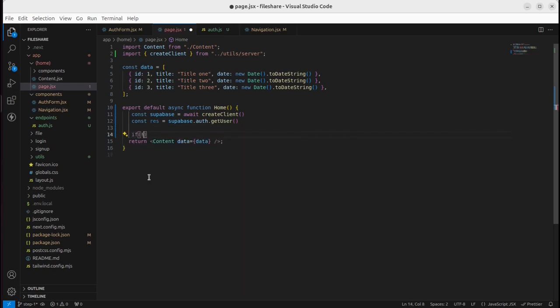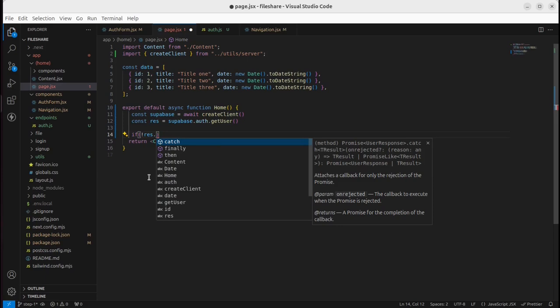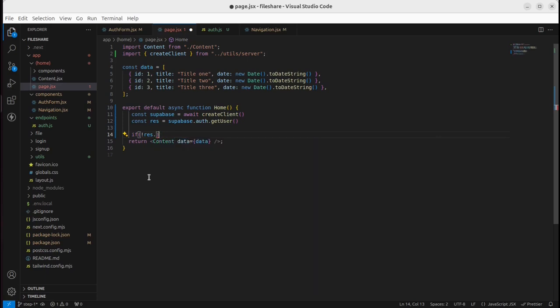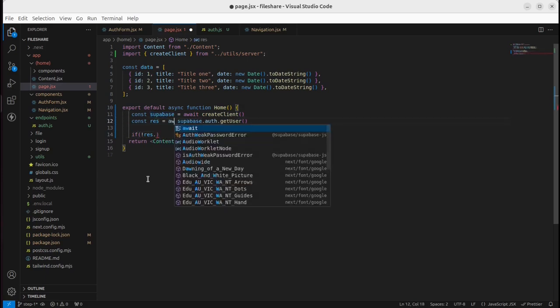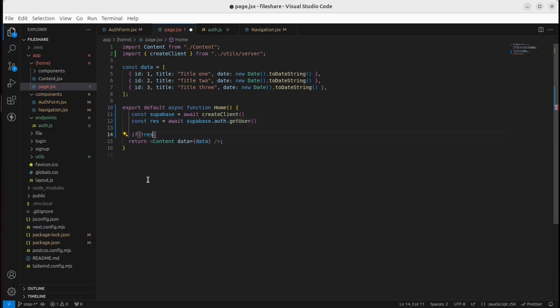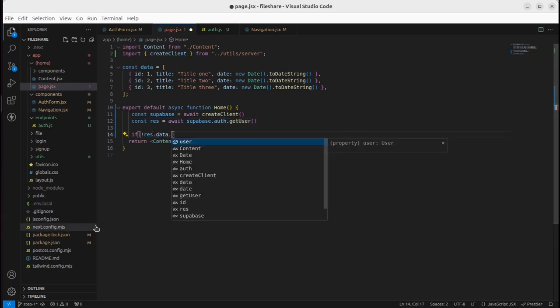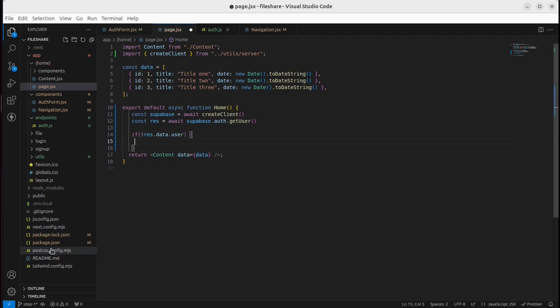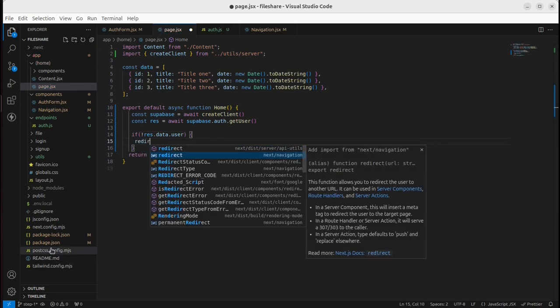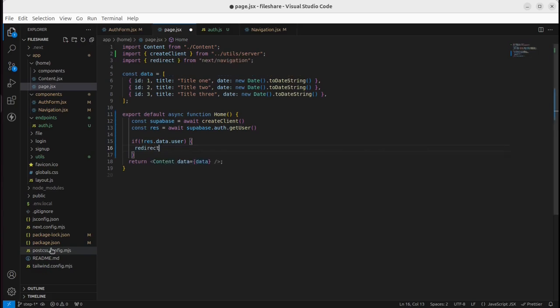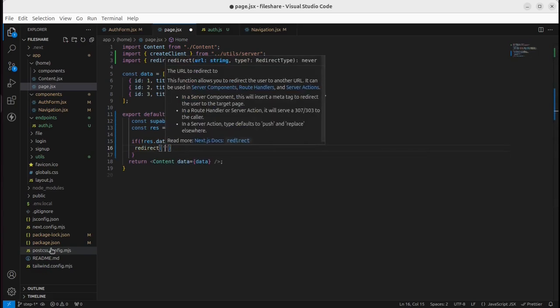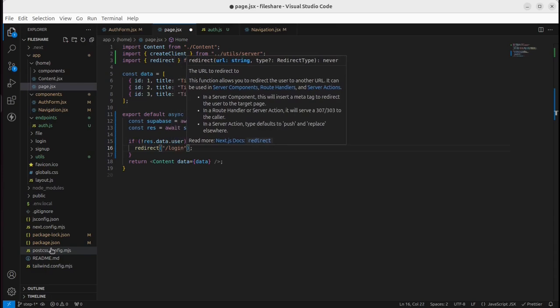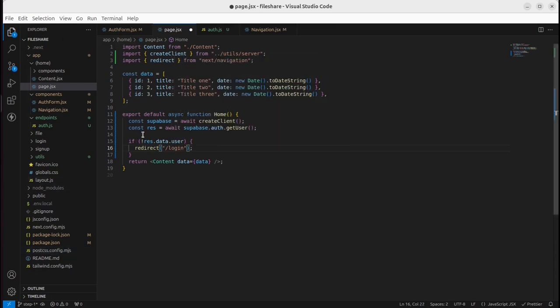So if not res, wait a minute, yes, this returns a promise, so await res.data.user, then redirect, and this redirect will come from next slash navigation, slash login. If the user is not logged in, then he will be redirected to login, otherwise we will proceed to the home screen. So let's save this file,